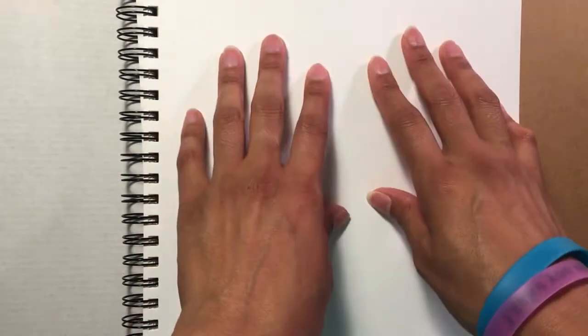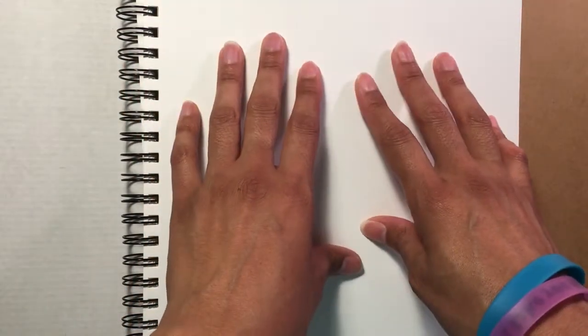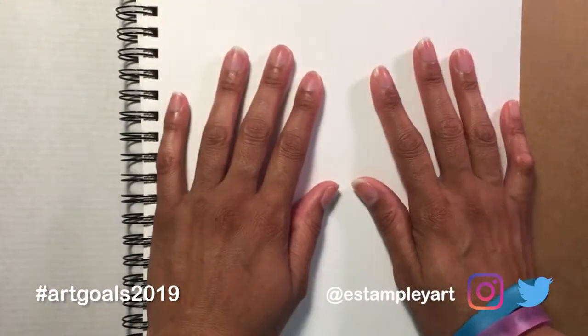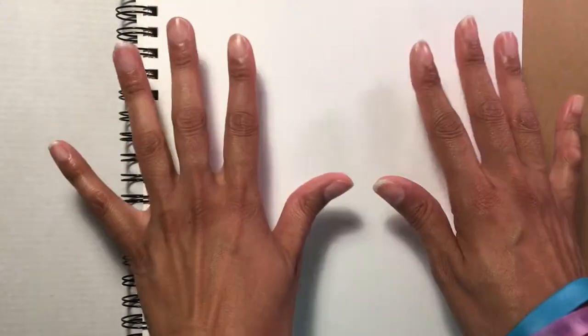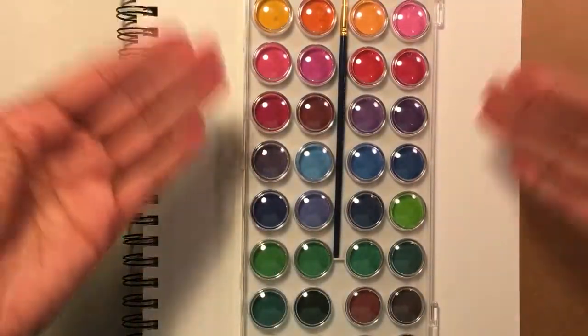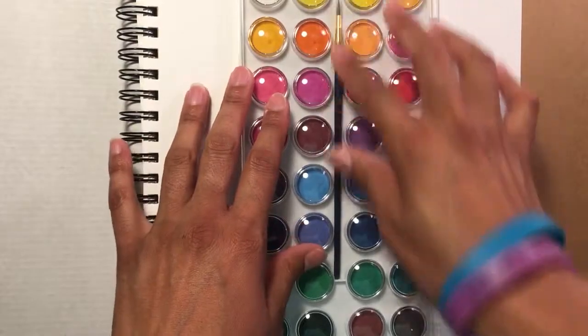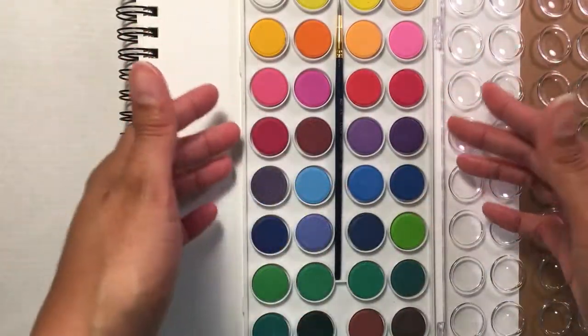And apparently July is watercolor month. And one of my 2019 art goals is actually to learn and do some watercolors this year. So I figured I would go uber basic to start out. And when I say uber basic, I mean uber basic. So I got this very cheap watercolor cake set, probably paid about, I don't know, $3-4